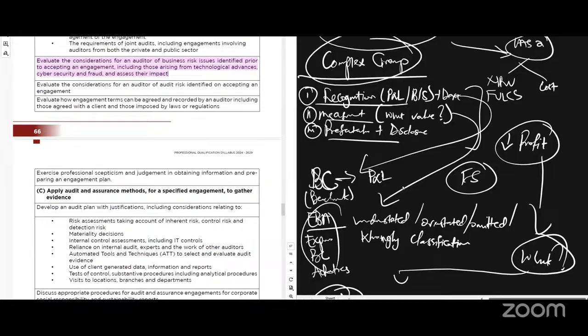Check what has been done. Like the guy's R&D was supposed to be capitalized, but it was expensed. What has happened? Was it wrong recognition, wrong measurement, wrong presentation and disclosure? Where will it fall? It's more about recognition, where you put it. Do you understand? This one has to do with a recognition problem.